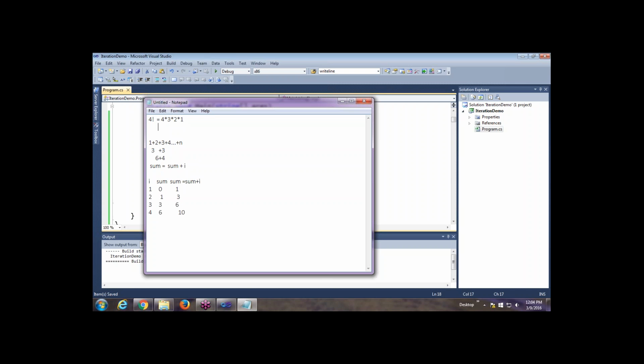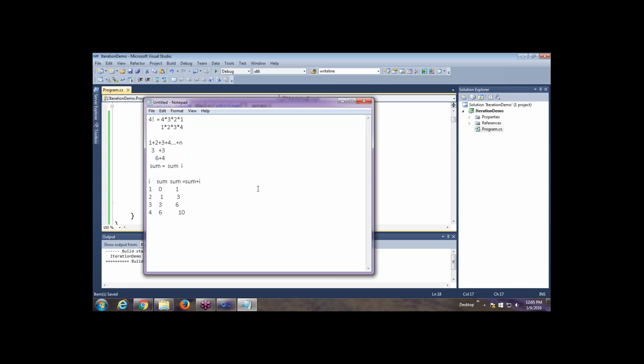Now just let me write it in a different way. Now I am writing it as 1 into 2 into 3 into 4. So now compare this with the expression that we did just now. Here we have 1 plus 2 plus 3 plus 4, whereas in this case we have the multiplication symbol. So the only difference in these two expressions is of the sign. Here we are using the addition symbol, here we are using the multiplication.